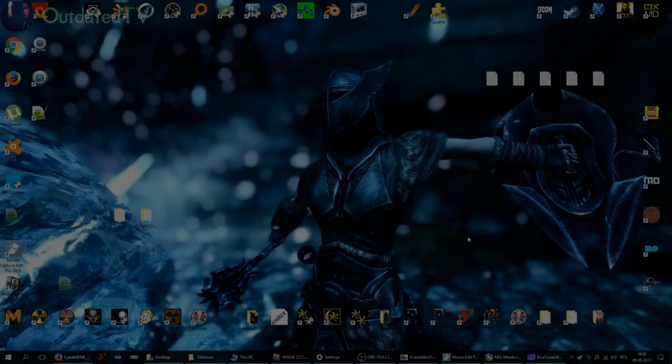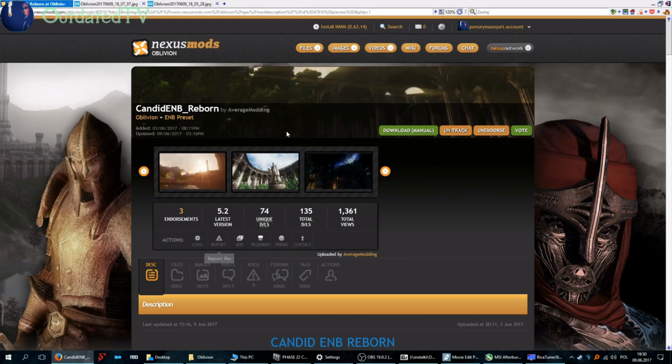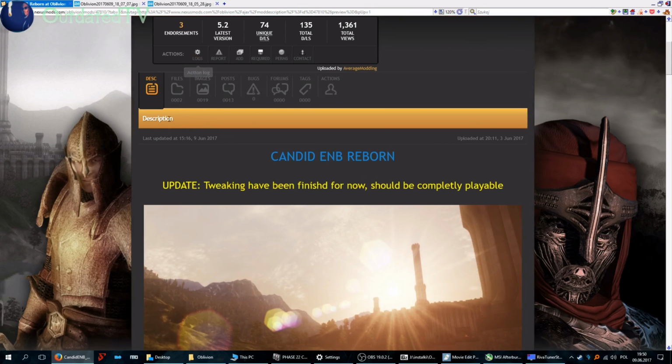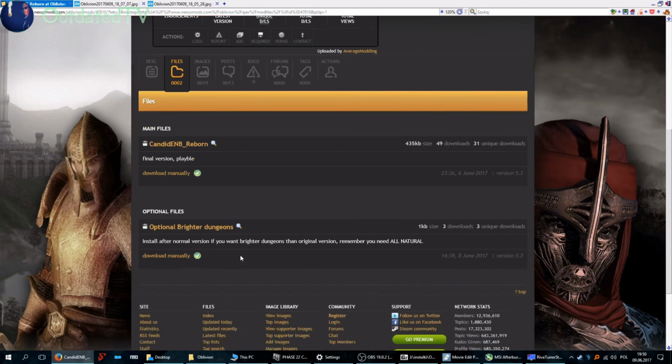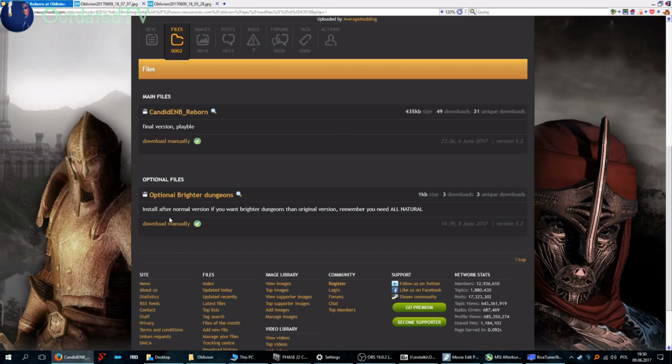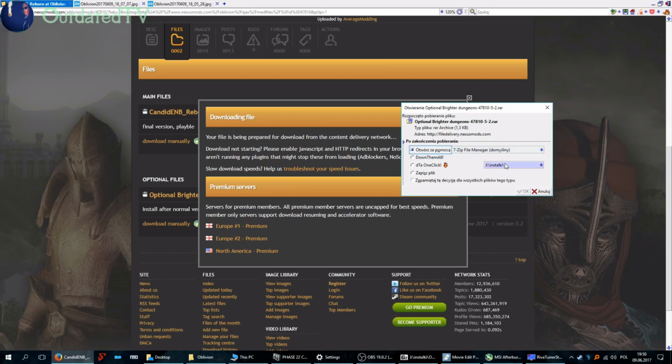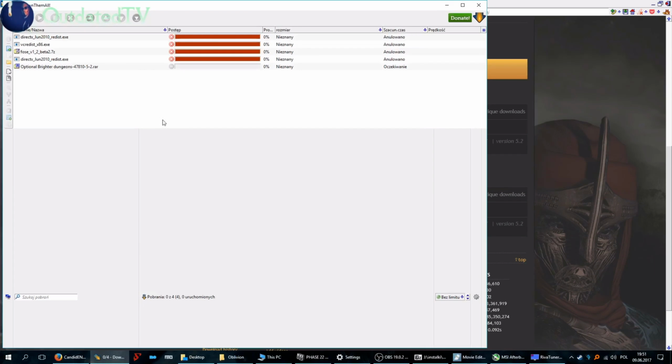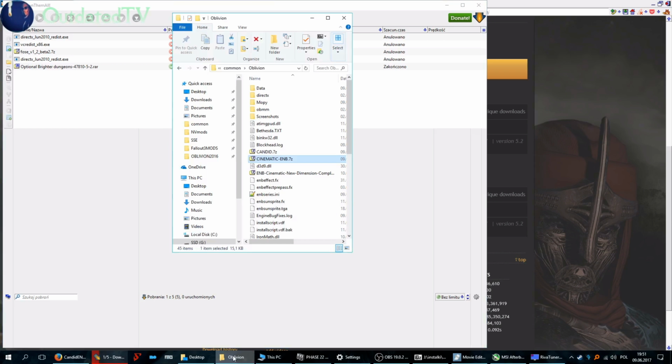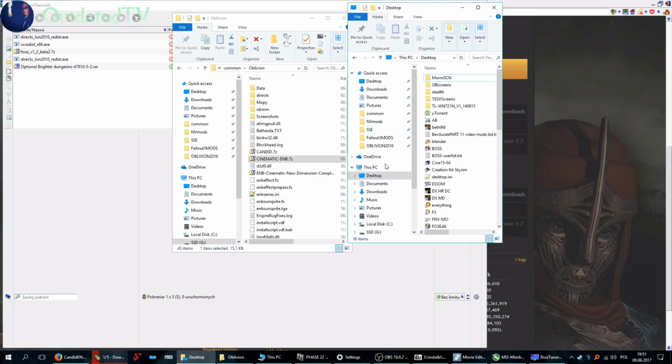Pretty simple. One more thing we will actually do is quickly download from the Candid ENB REBORN the file to make the dungeons brighter. I want to test that later, so I will show you how to get it, download it manually. I will download it to my Oblivion Essentials. It's called Optional Brighter Dungeons. Let's get it. Alright, here is my game folder, and here I will open the